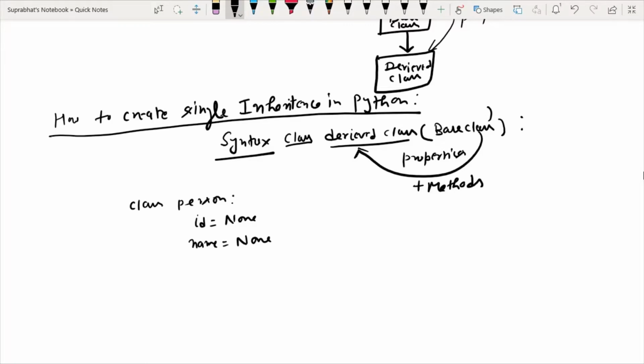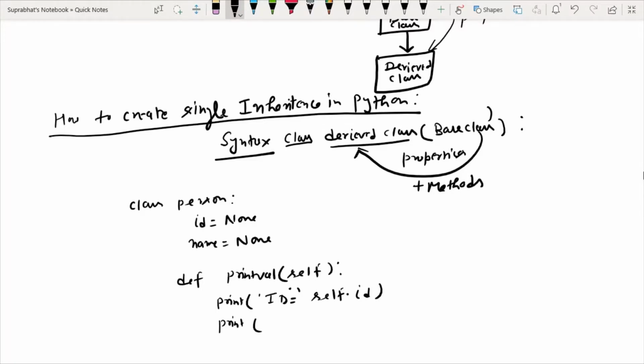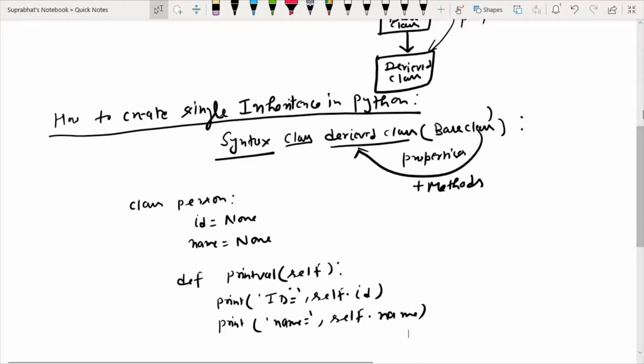In this class we have defined one function, def print_val, in which I pass self, and I will print id equals self.id, as we had discussed yesterday, and similarly print name, comma, self.name. This is the base class.